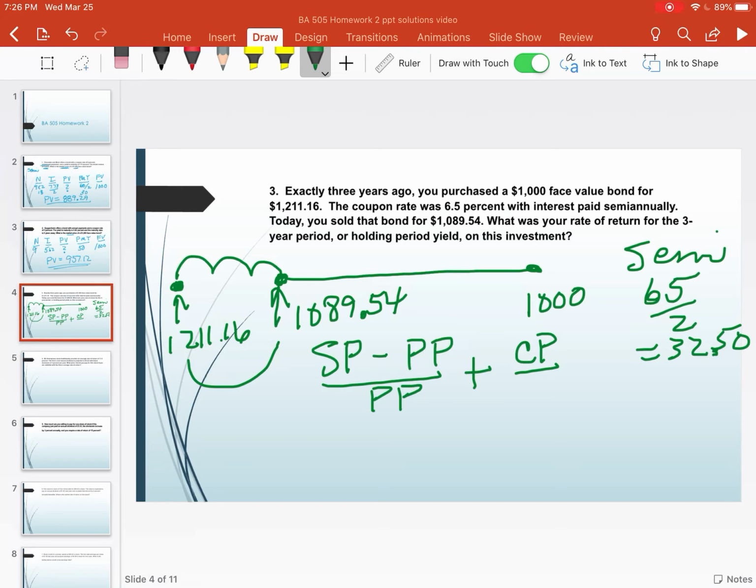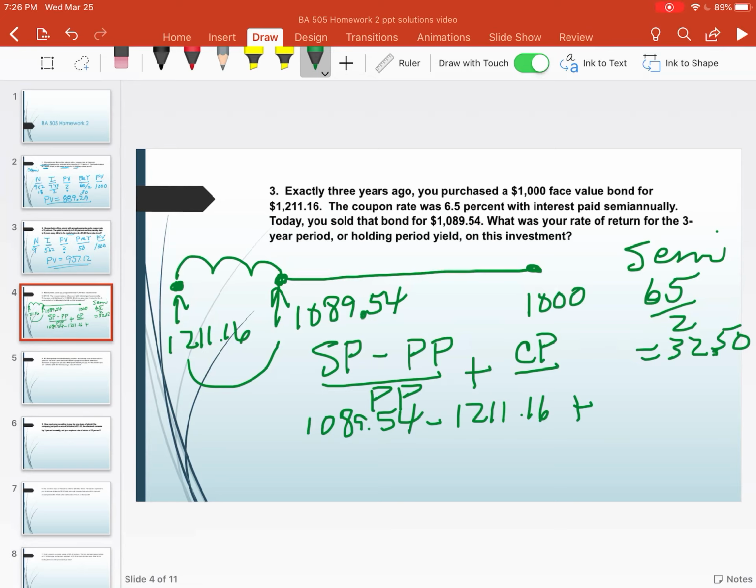So in this case, our selling price of $1,089.54, minus our purchase price of $1,211.16, plus our coupon payments, and we have